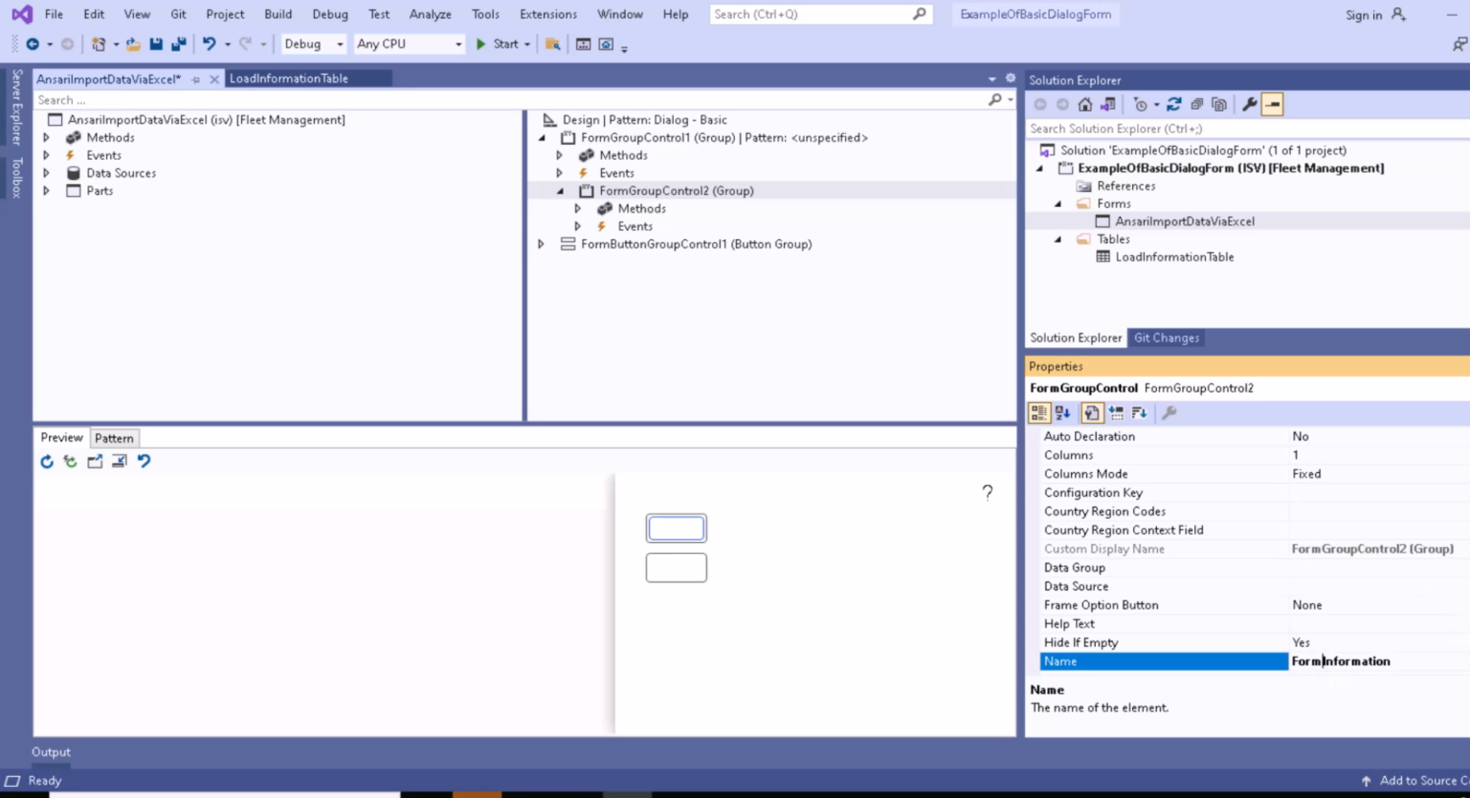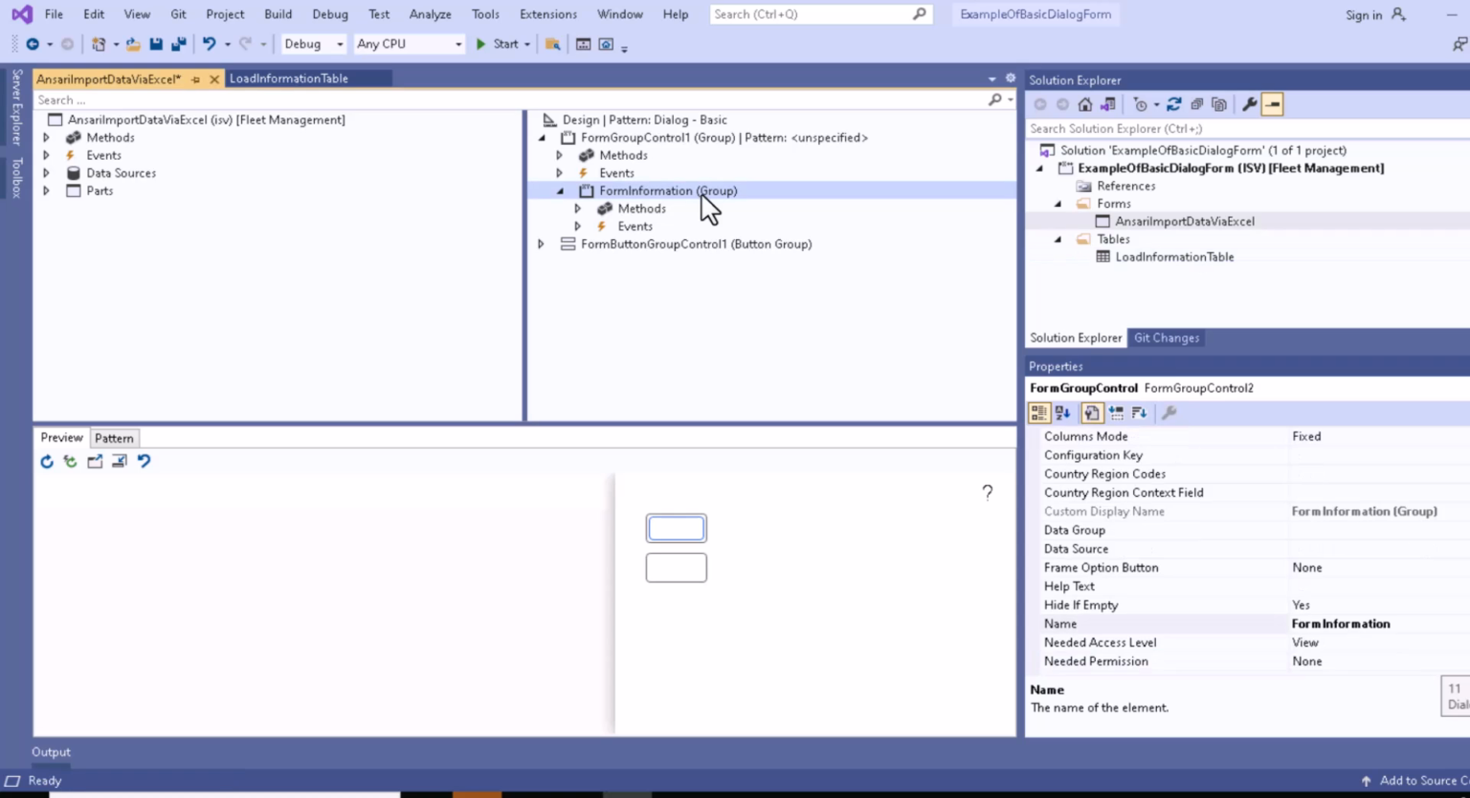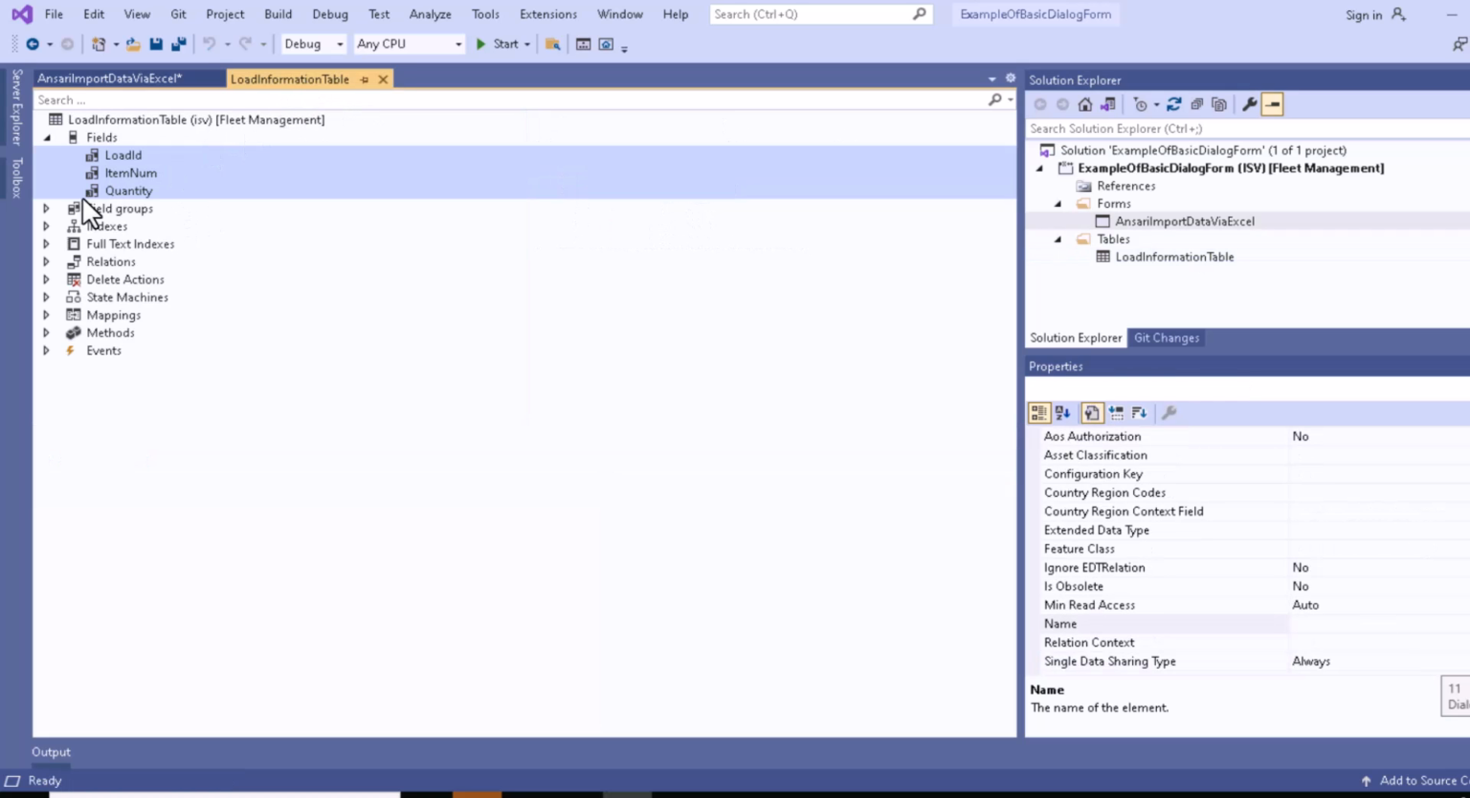Okay, and just click enter. You can see that this form information we have added. Now we can add our details of the table information. So now here you can add all the information of the table, that is the load ID, item number